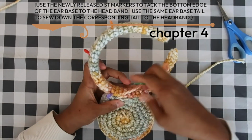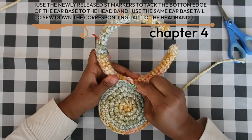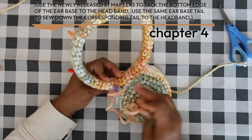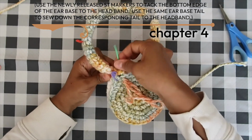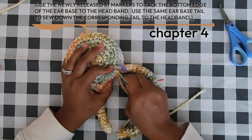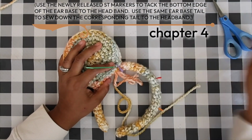And yeah, this is also a good point to say, if you find that you just want to get it sewn down and you don't really care about how clean it looks, but you still want it to look clean, you could totally get a trim from the store. You could get a little ribbon or some kind of trim, and, I know this is a no glue pattern, but you can get a trim and glue it down onto this seam line if it gets to be a little messy and you just want to get it sewn and you don't really care about it being